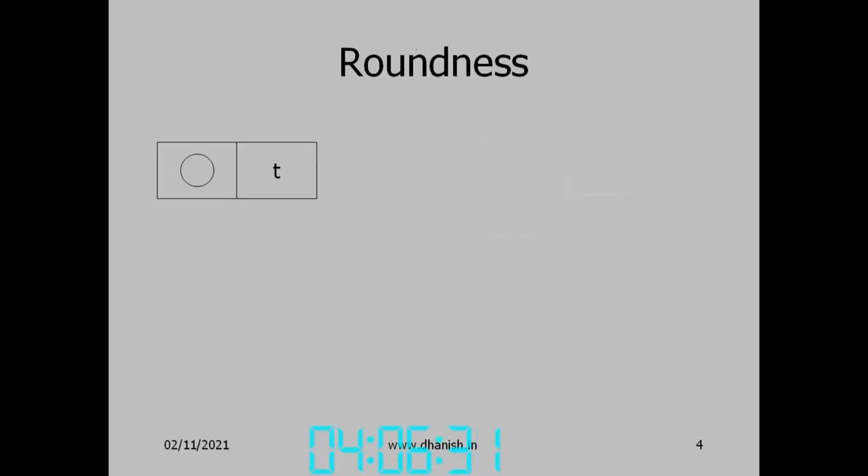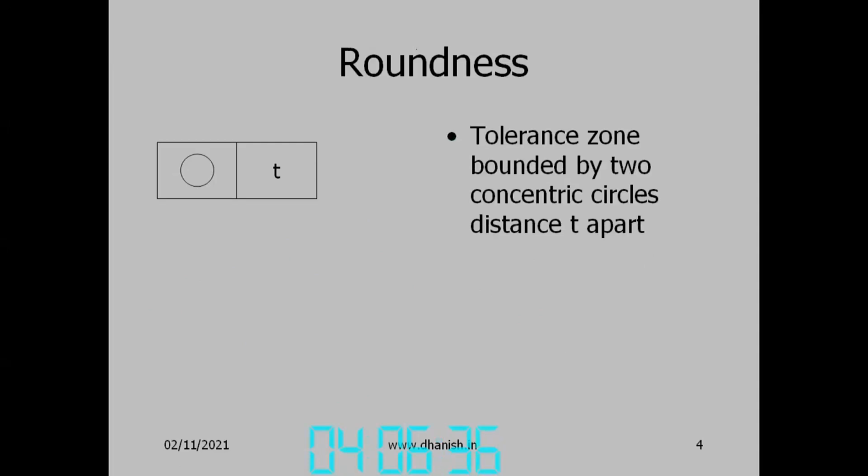Now we come to roundness. For roundness, the tolerance zone is bounded by two concentric circles, a distance T apart. Again, for reference circles for roundness, there are some complications. There are different types of circles, such as the minimum zone circle and the least square circle. They are very similar to what we just said for straightness. But in the case of a circle, there are other types of circles also. One is the